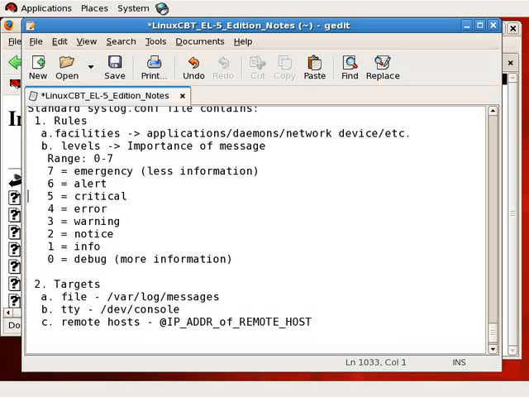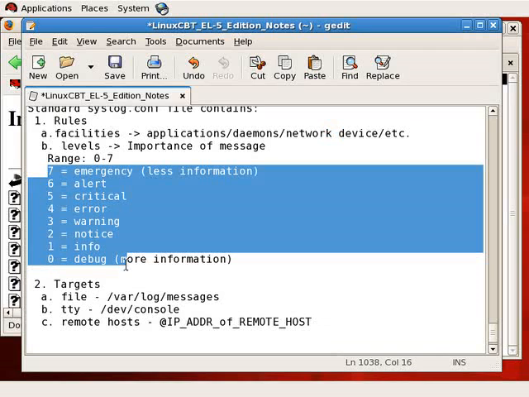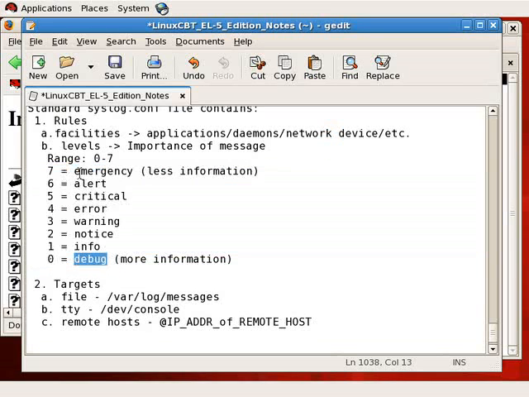So again, let's step back and just imagine how Syslog messages are routed. The daemon receives messages based on facilities. Facilities are tied to applications, daemons, network devices, etc., and there are many facilities. Each facility supports 8 levels, 0 through 7, with 0 meaning more information, 7 meaning less information, but more important information. Once the information has been parsed, it needs to be sent to a target, either a file, a TTY,